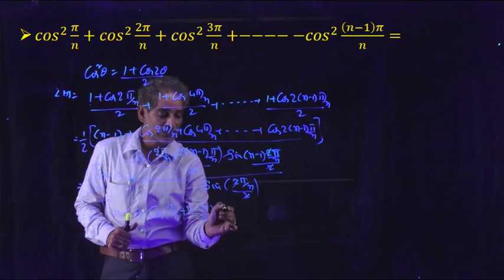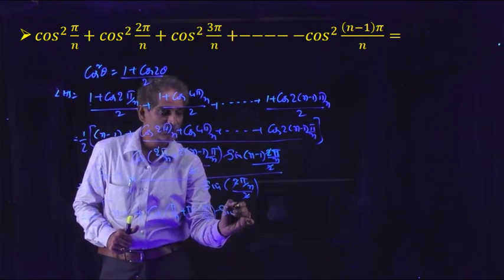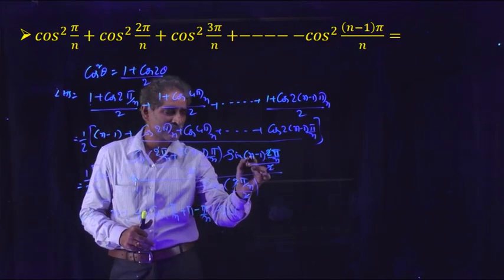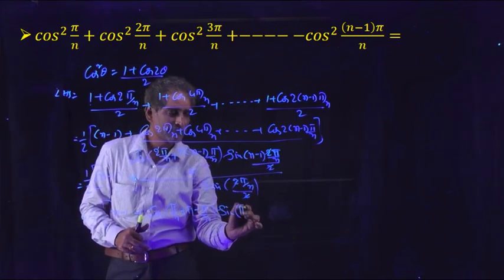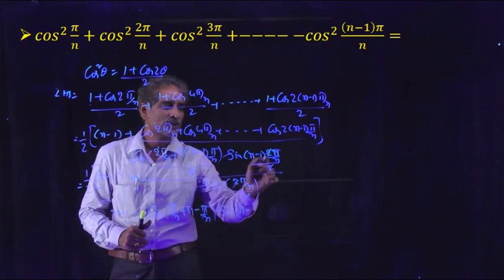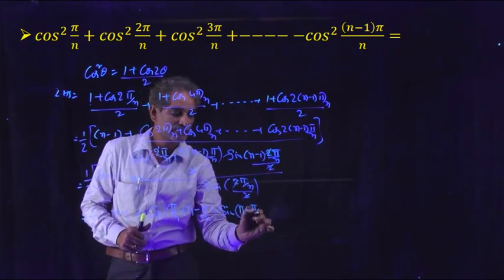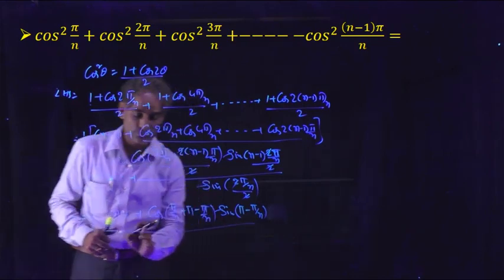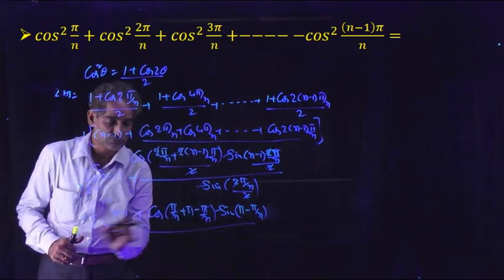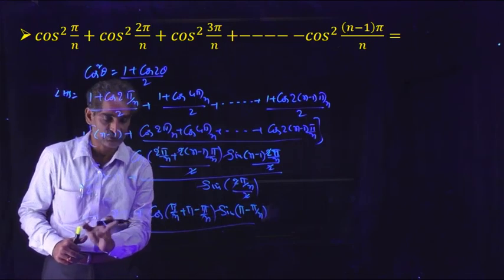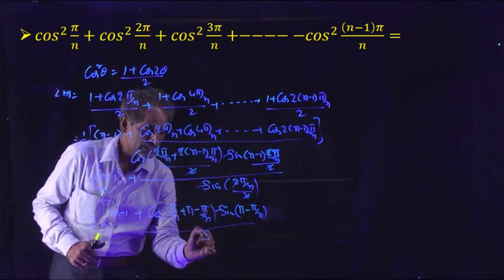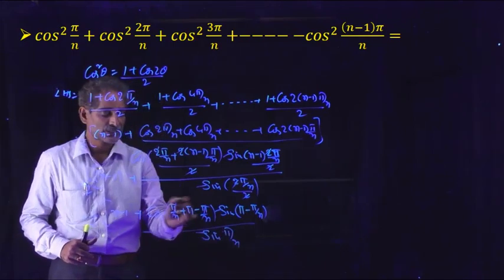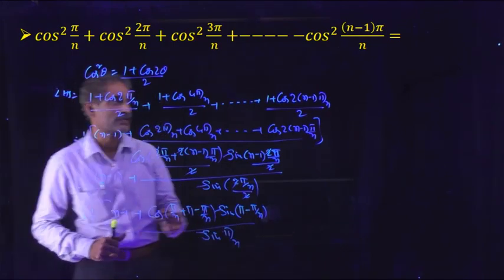Then what about the remaining sine of n minus 1 pi by n? Just multiply by pi by n into pi by n, pi minus 1 into pi by n, whole divided by, so the division is only for this expression, not for n minus 1, right? So sine of pi by n. So here the cos pi value is minus 1.